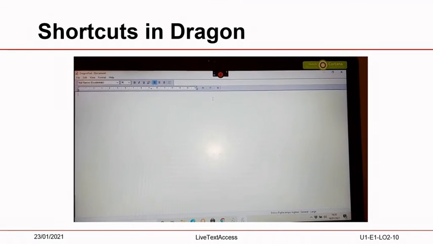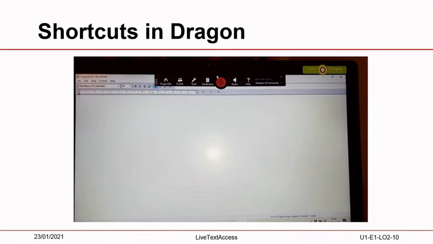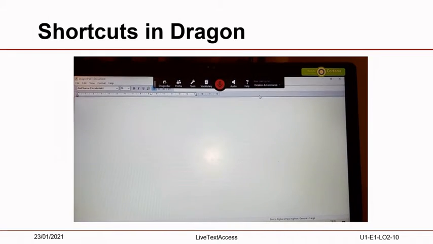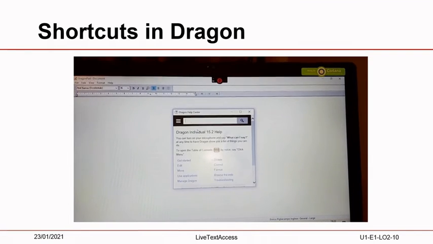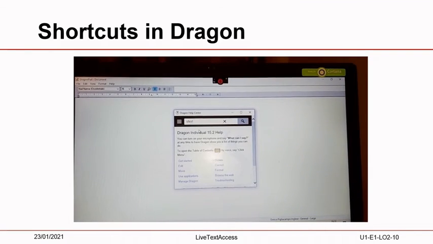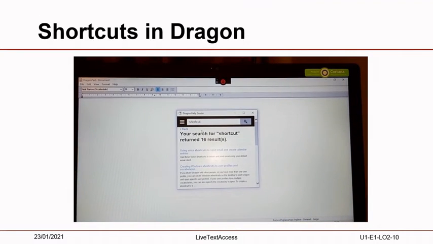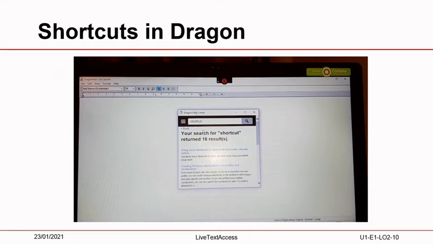If we go to the Dragon bar and click on Help, then on Help Topics, we can search for shortcuts. Many results come up from different topics. In these topics, you will find different lists of shortcuts for different purposes.